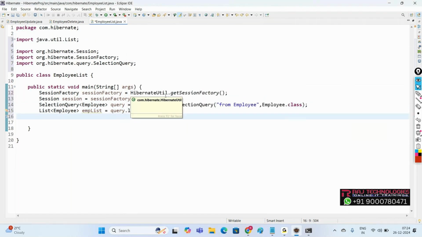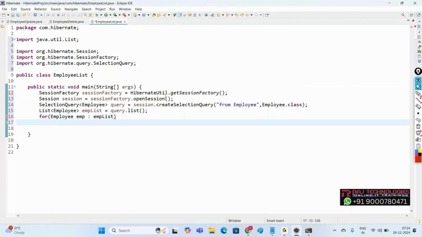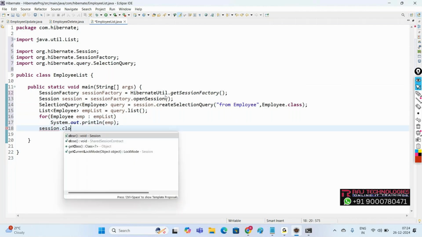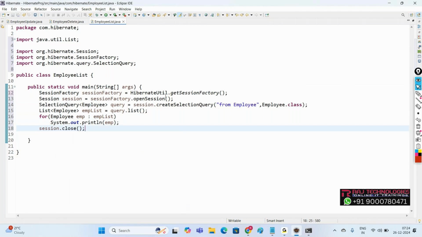Now traverse this list: for Employee emp colon employeeList. So this loop will repeat until all the records stored in this employee list are completed. Now display the object emp. That's it. Close your session. Very simple code to get the list of records. Now when we run,